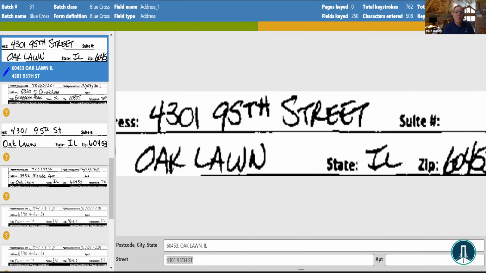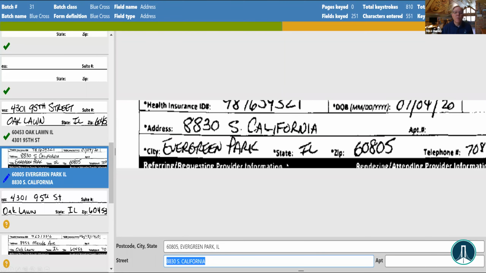We do great with addresses. We use a product at the bottom level in our platform that reads all the US postal data. It reads every letter, every package that goes through the post office every day, about 300 something million pieces. It actually reads those, so it does amazing work. You can see that we're doing a great job reading that address here down on the bottom, and even though it was hand printed, we read this very well.